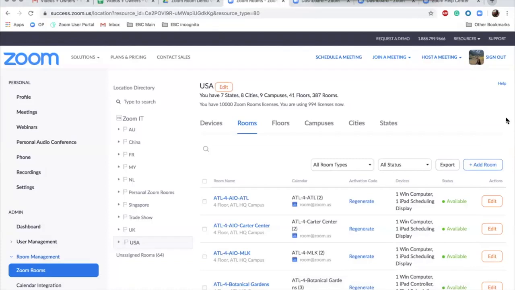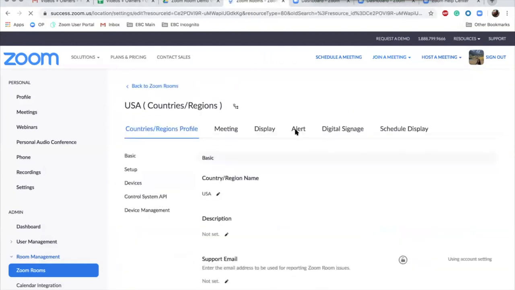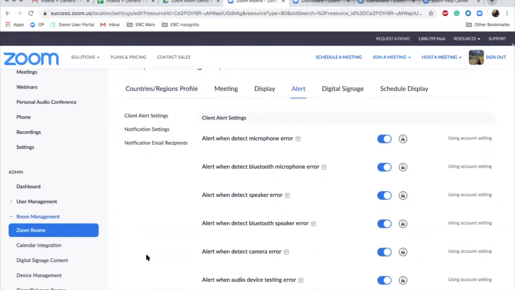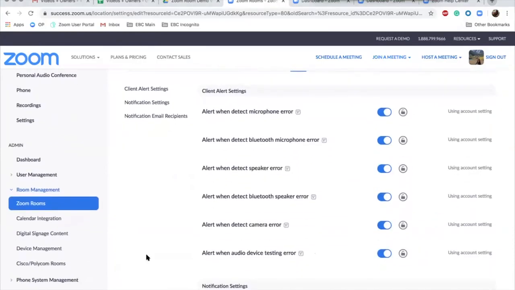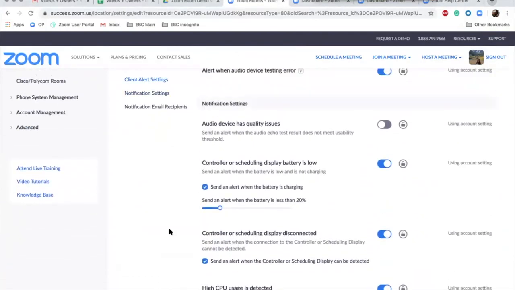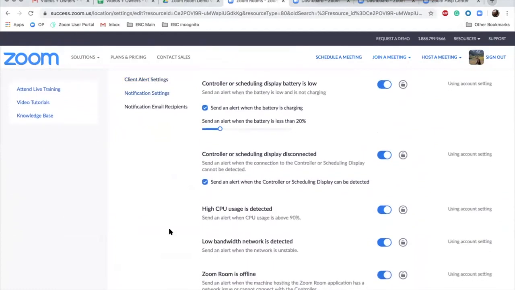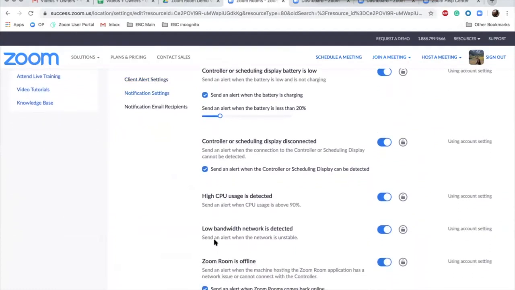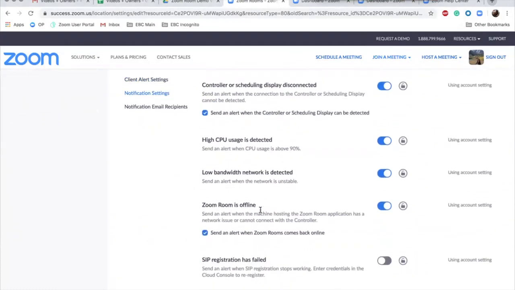scale. So after you go through and set up your Zoom rooms and your location hierarchies, make sure to enable room alerts. If any errors are detected, Zoom will quickly send notifications to your admin so you can troubleshoot the issues right away. It will also help you manage them by sending you audio quality issues, high CPU usage, low bandwidth. Again, any issues that may be going on with the room, it will quickly alert all of your Zoom